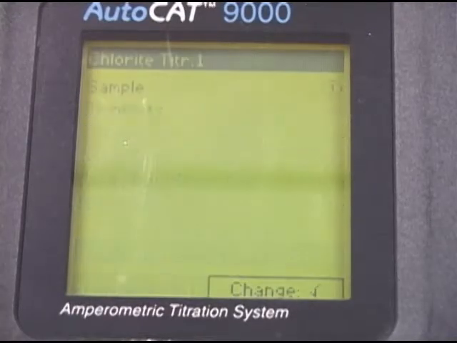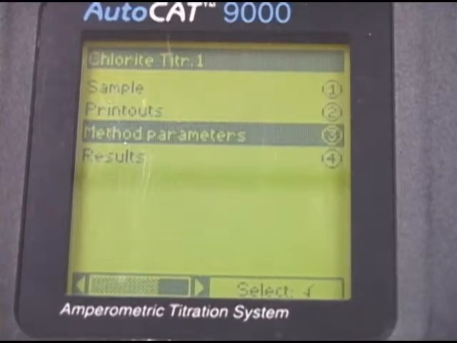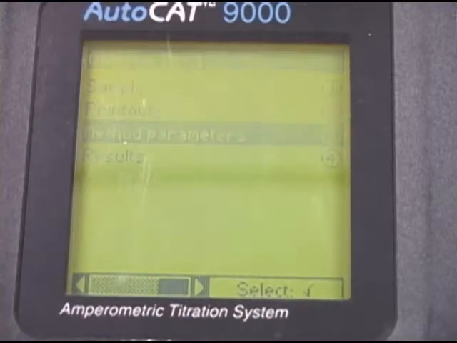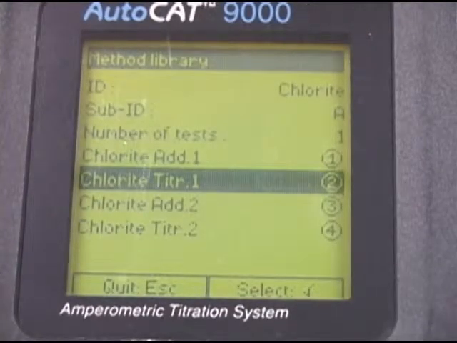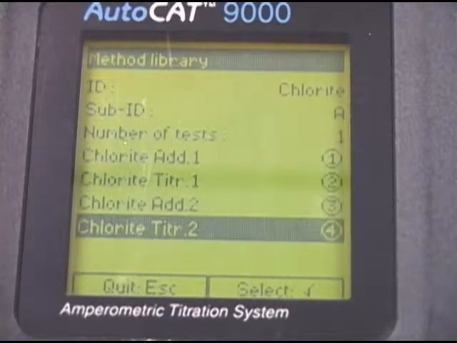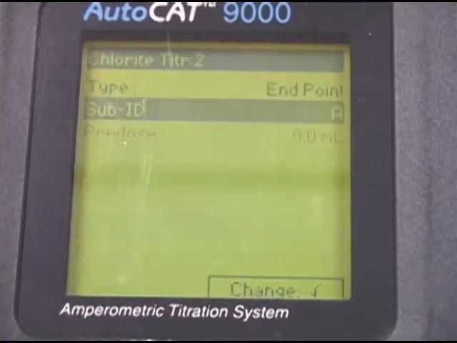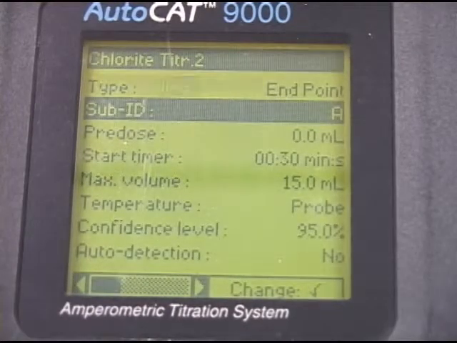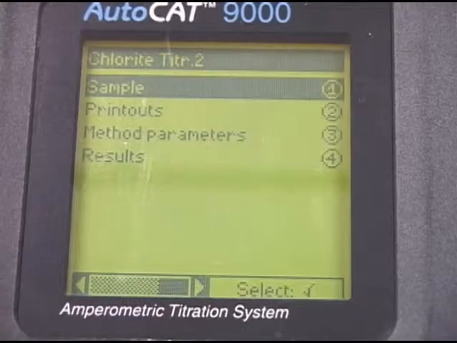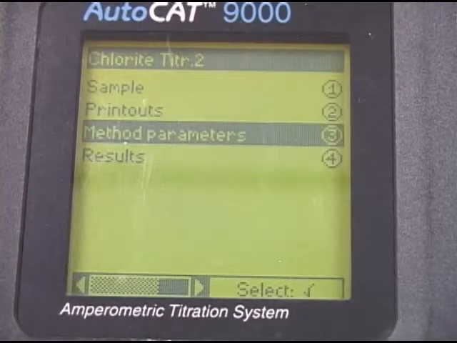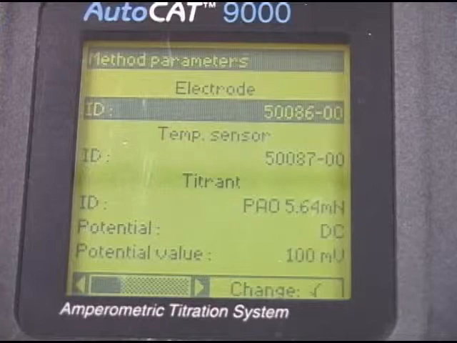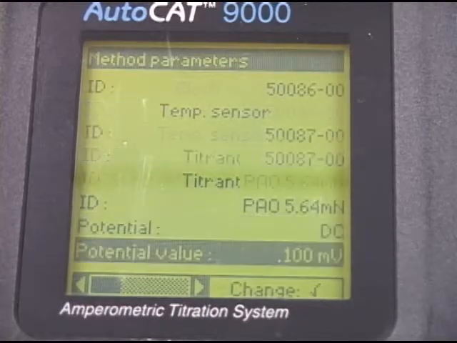So we'll hit escape. We're back to the method parameters. Hit escape again, and now we want to go down and change those parameters again for chlorite titration 2. Hit the check mark, edit the method, and we want to scroll down now to method parameters, hit the check mark, and now first we want to scroll down to N width,